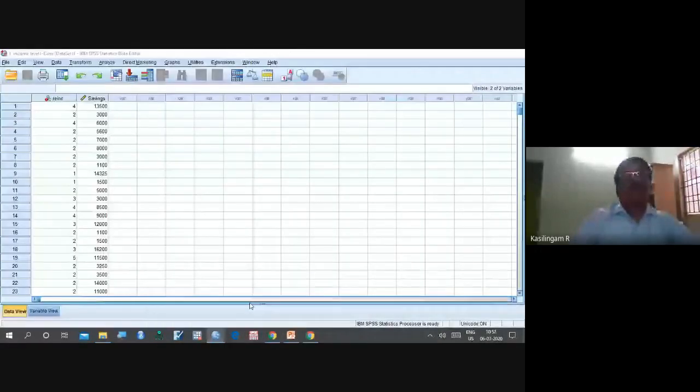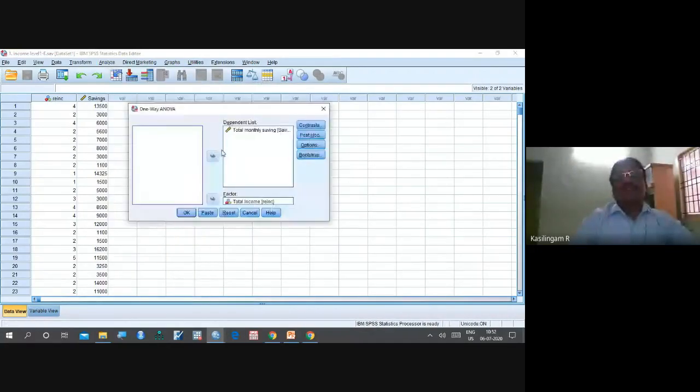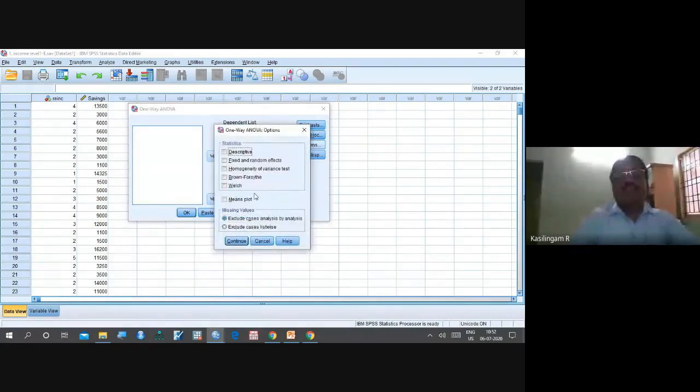Now what I have to do? Analyze, compare means, one-way ANOVA. I put savings here as dependent, income as factor, then options. Here there are 4 options. I am clicking the options, then I am getting this.